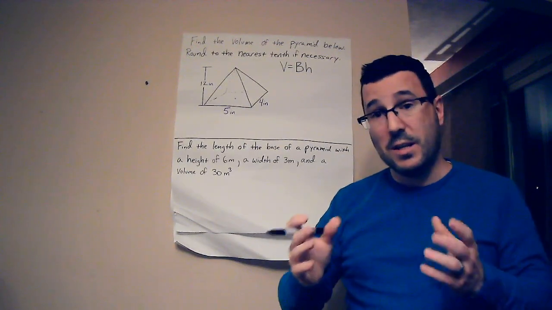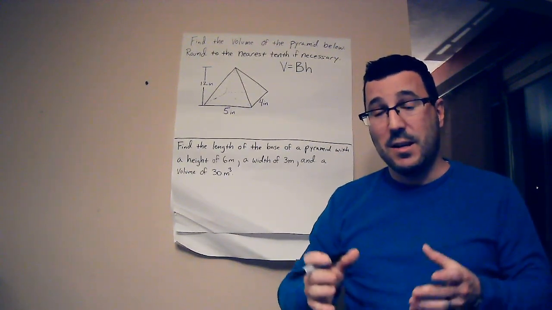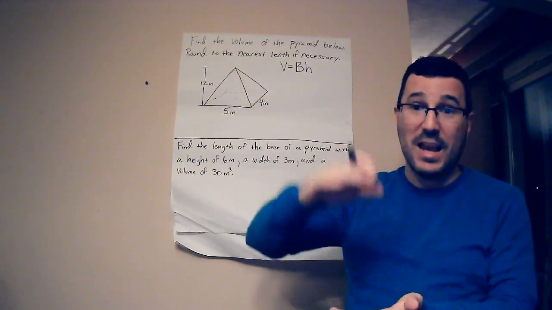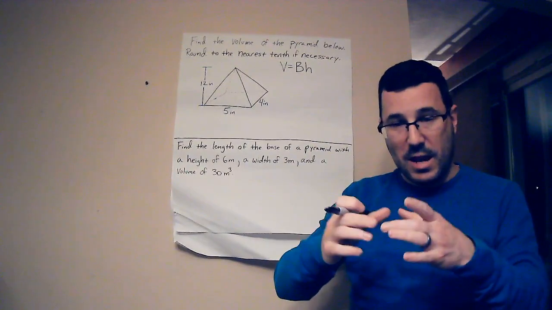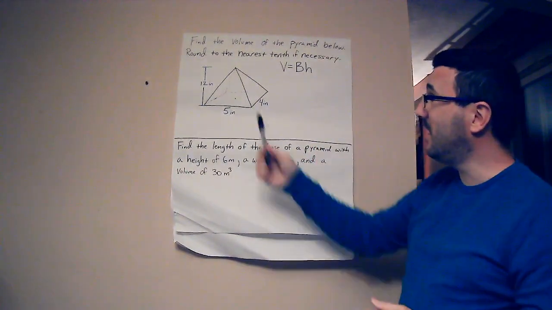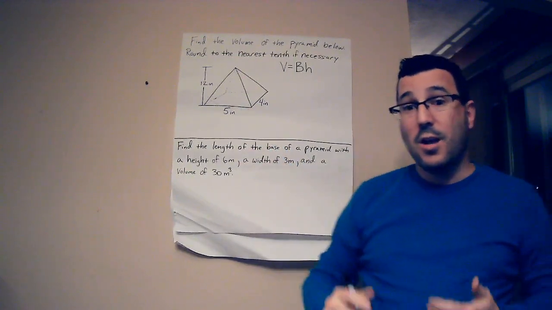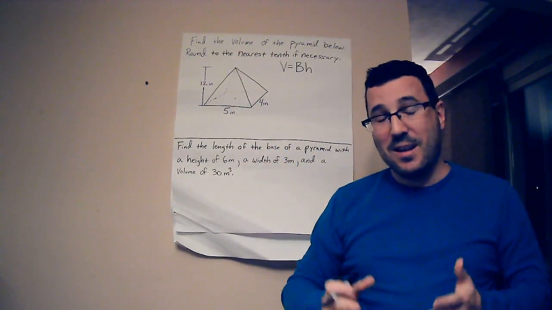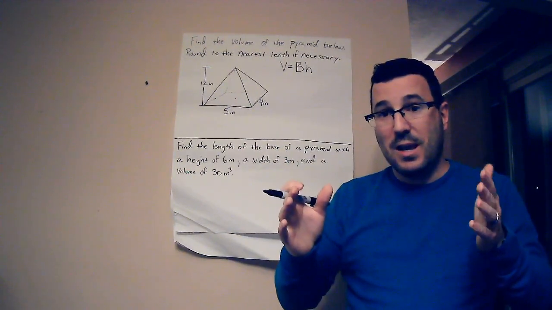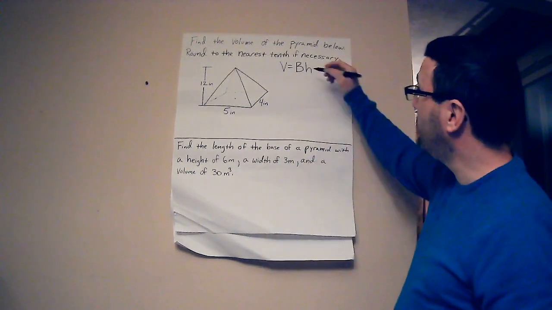You're basically going to take the area of the base and multiply it by the height, figuring that the height's going to be the same, that the area is going to stay the same as it goes up. That's not the case in a pyramid. What actually happens is that it takes that volume and divides it by 3. So we're going to change this